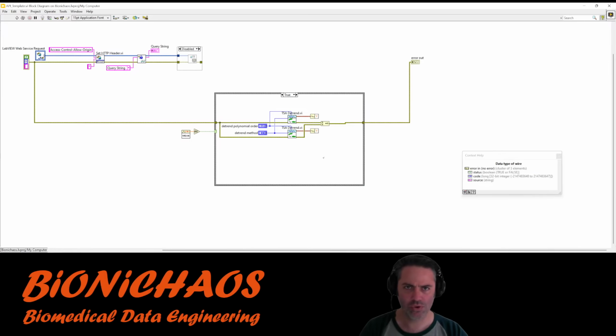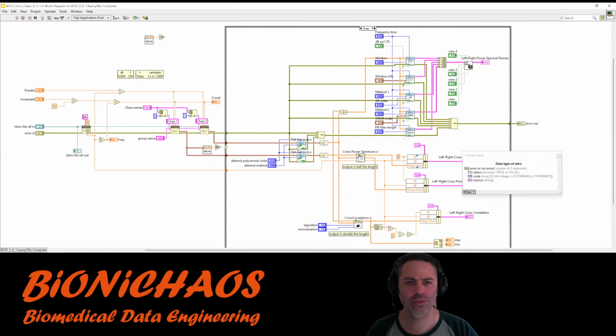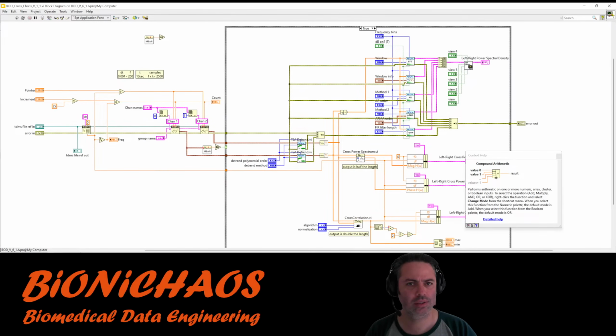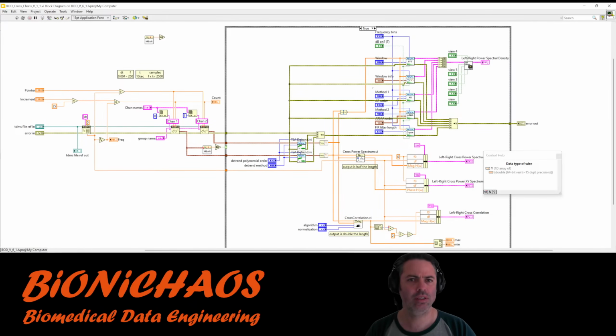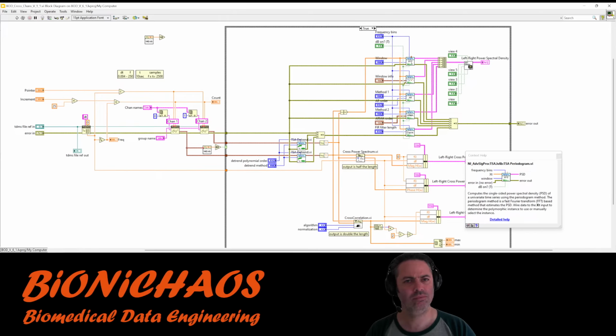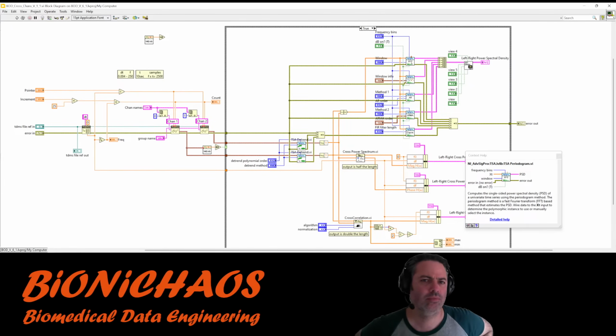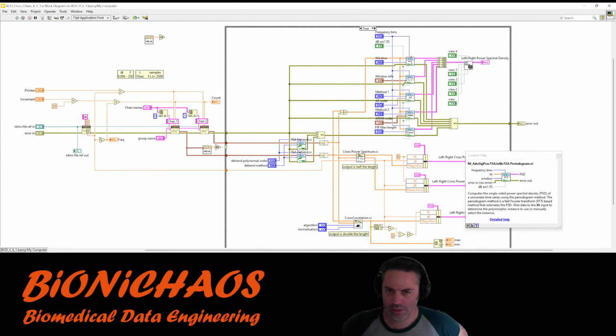Yeah, that's what we need from here. Heading. Density.